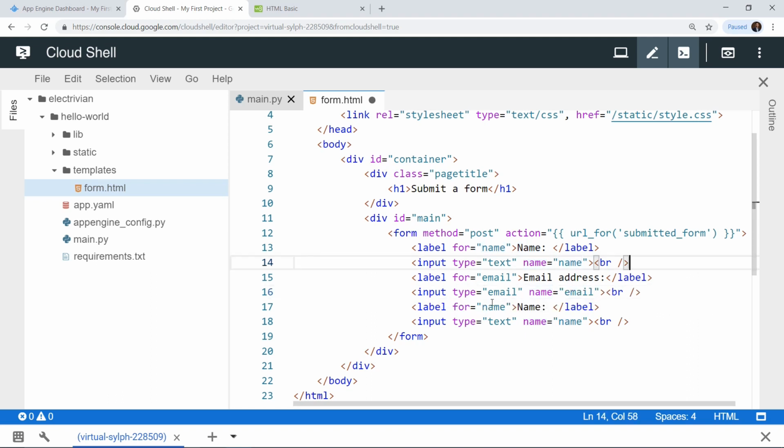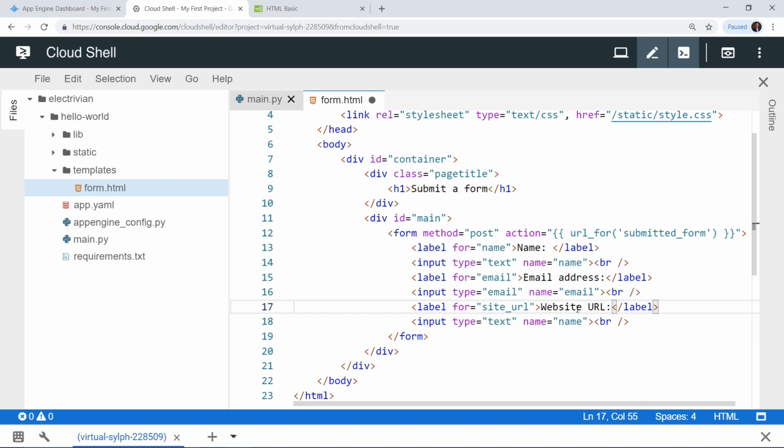Now we also want to look for the website or URL of the particular user. To do that, let's go on a new label. Over here we have label, then for, and let's give it a name which is site underscore URL. So we have label for site underscore URL, and then instead of name, let's put in website URL.